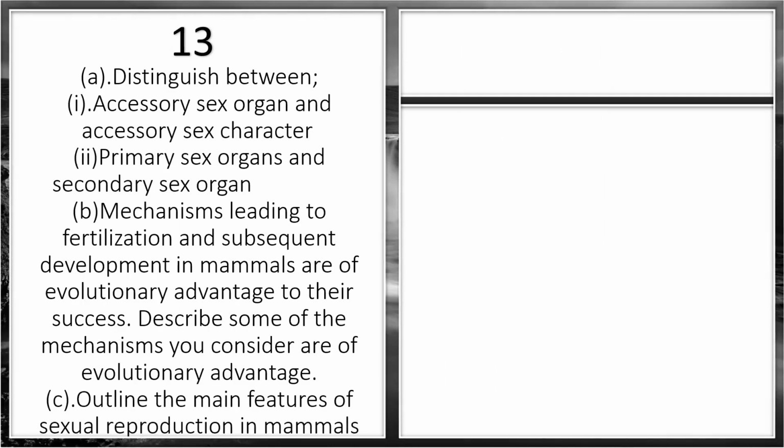Number 13. Distinguish between accessory sex organs and accessory sex characters. Roman number 2, primary sex organ and secondary sex organ. Part B,